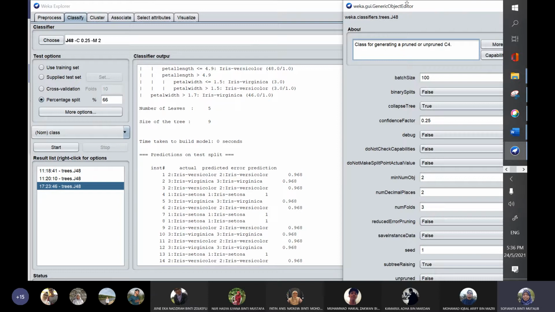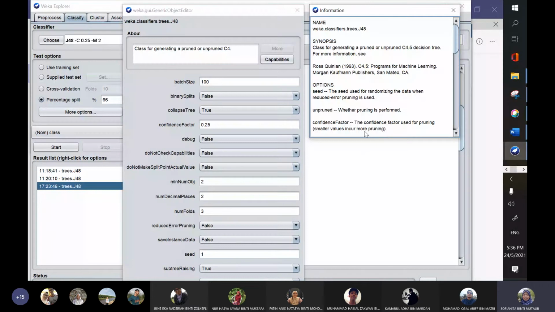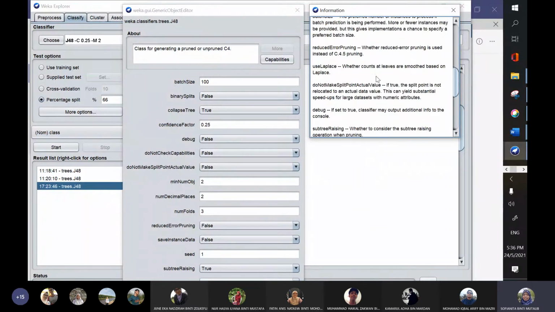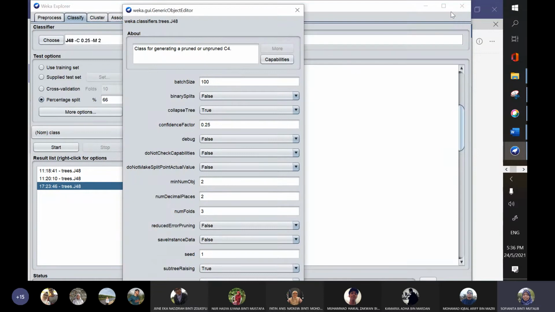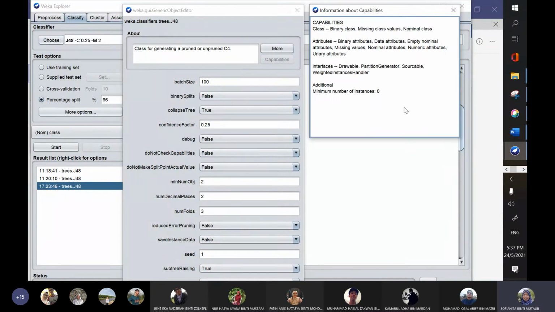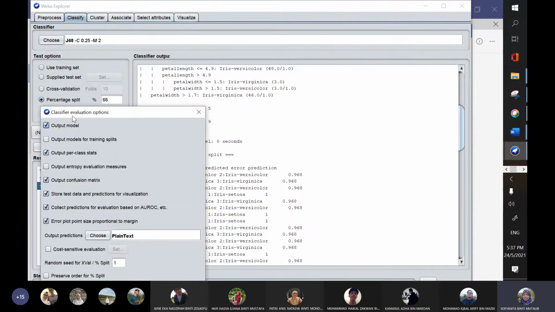Okay, let's have a look here. Capability. Wait, I have to recall first. Is it here?